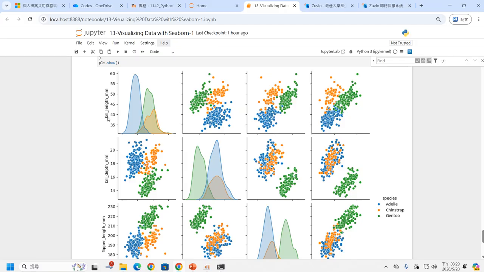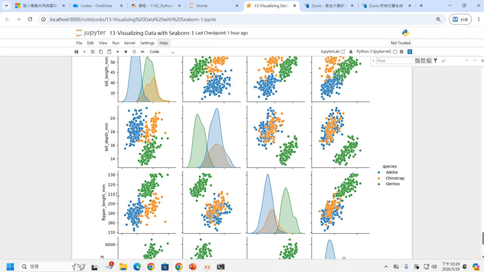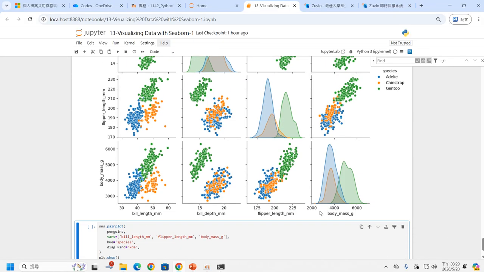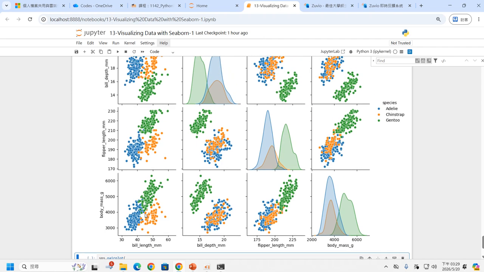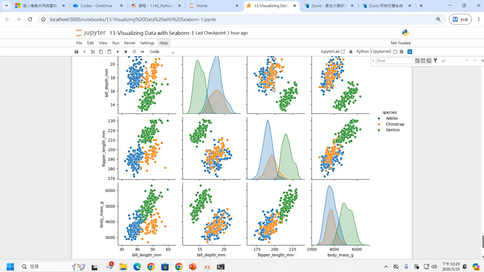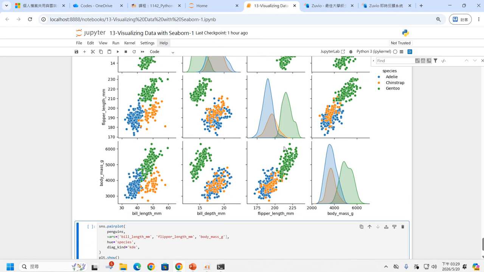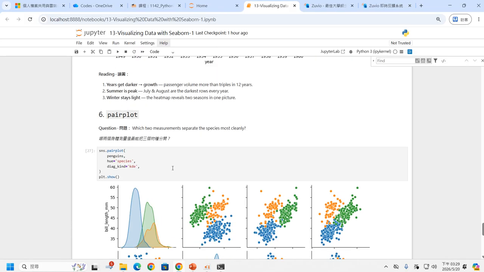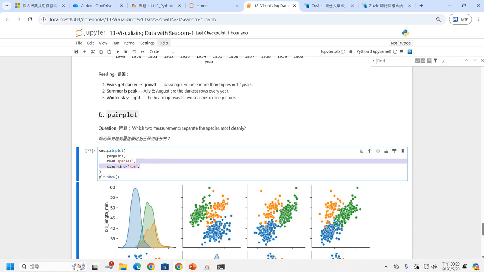Like here, on the left-hand side, the first one will be the bill length, the second one will be the bill depth, the third one will be the flipper length, and the fourth one will be the body mass. And here also different variables. So you can use these to check which variable will be more insightful. This really depends on you. And also, if you didn't choose which variable I want to use,